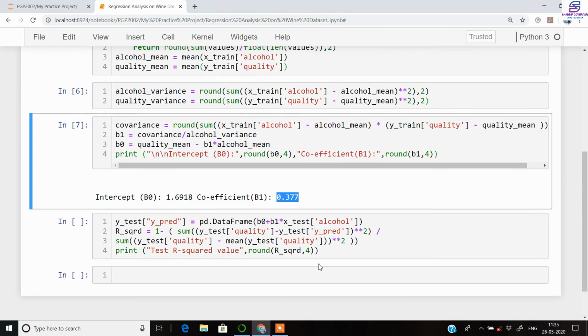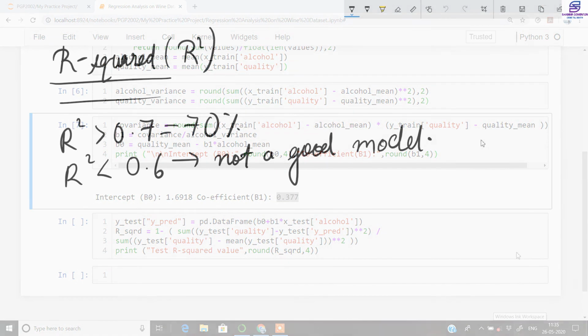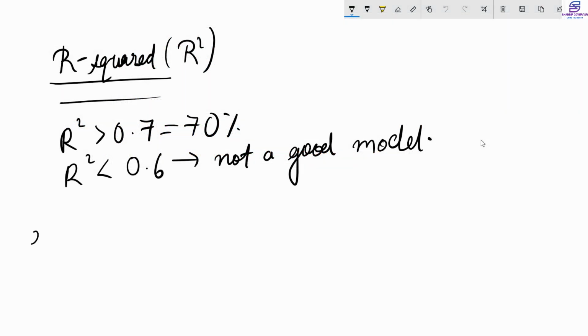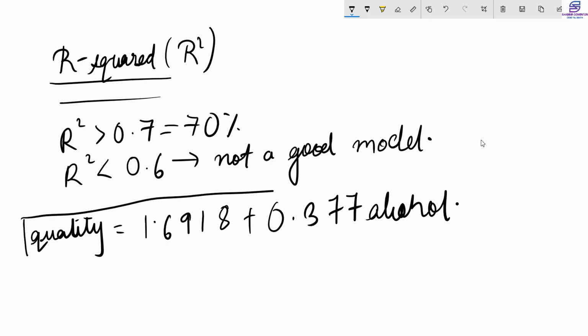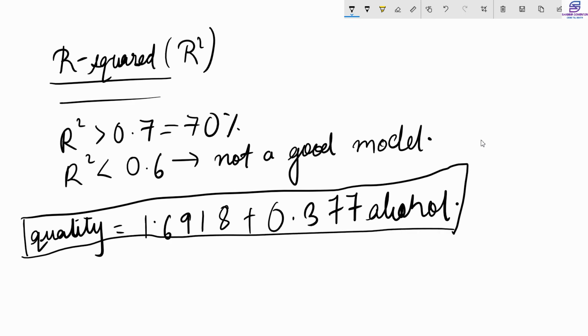In terms of the equation, the alcohol quality will be equal to the intercept that we got, 1.6918, plus the slope of the line, beta 1, that is 0.377, times the independent variable that we chose here, that is the alcohol content. So this equation will explain the quality based only on this independent variable, the alcohol content.